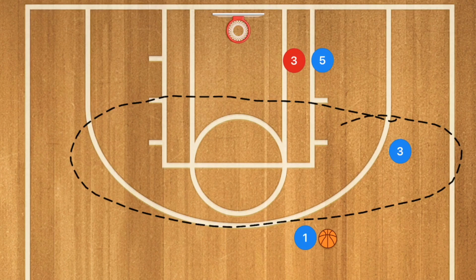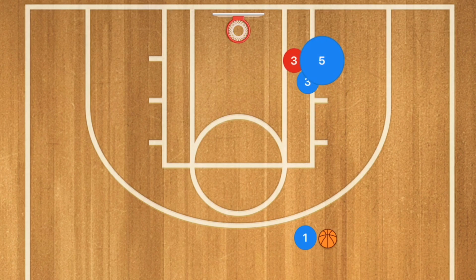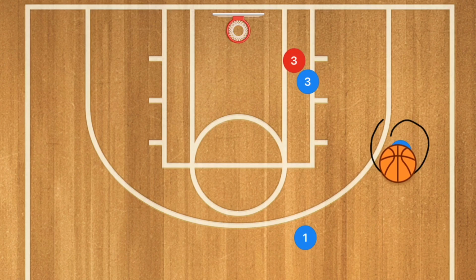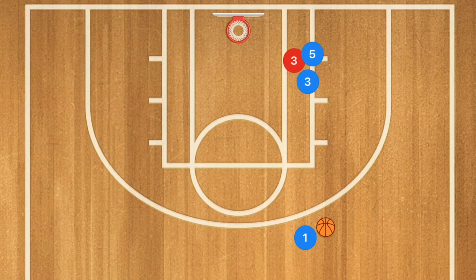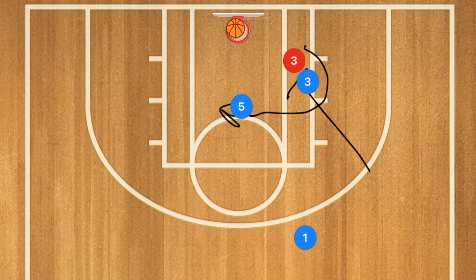Now, just to continue with the whole pin down idea, a pin down screen is when a player from above the other player that you're screening for sets a screen down, a pin down screen, for player 5 in this case, who would pop up for a 3-point shot or to the high post for a mid-range shot. Now, a pin down curl would be a pin down screen by player 3, and at this time player 5 would then curl towards the inside of the key,